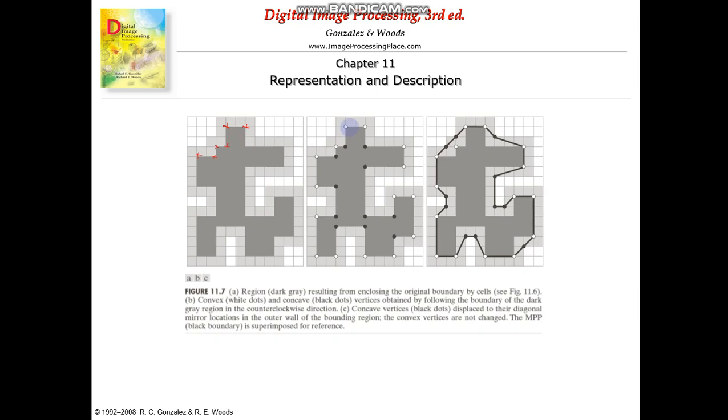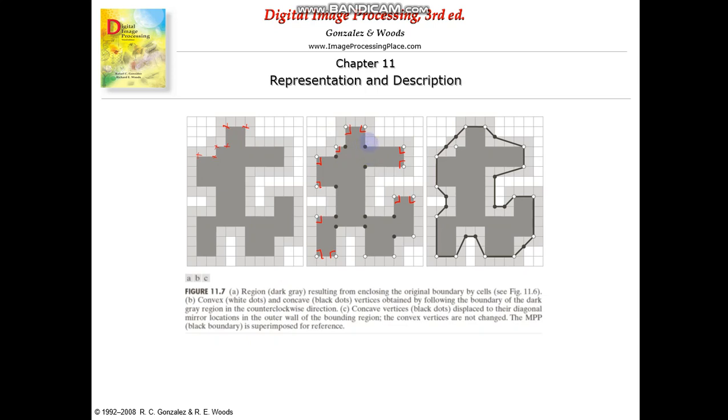So how do we find it? The simplest way is to measure the angle. See these white dots. They are 90 degrees. You have to measure from inside, not from outside. You have to measure like here. I am only showing the white dots now. See, these are white dots, and this is the 90 degree shape. So these white dots are the convex vertices.